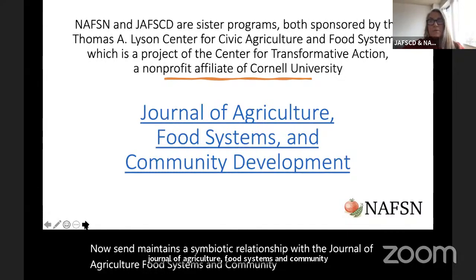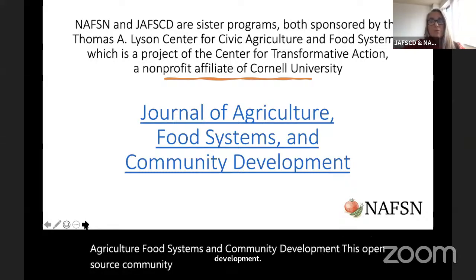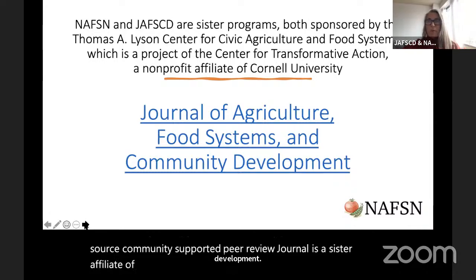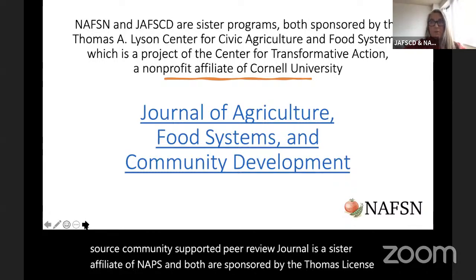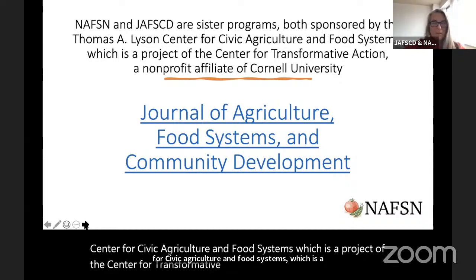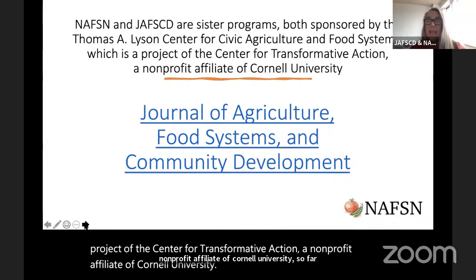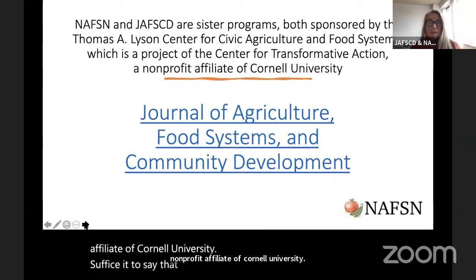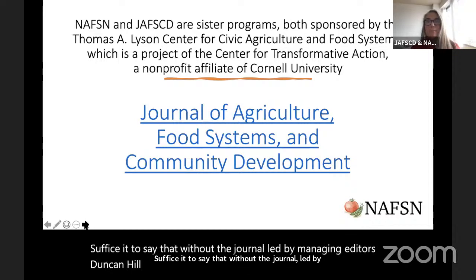This open source, community supported, peer reviewed journal is a sister affiliate of NAFSN. Both are sponsored by the Thomas License Center for Civic Agriculture and Food Systems, which is a project of the Center for Transformative Action, a nonprofit affiliate of Cornell University. Suffice it to say that without the journal, led by managing editors Duncan Helchi and Amy Christian, there would be